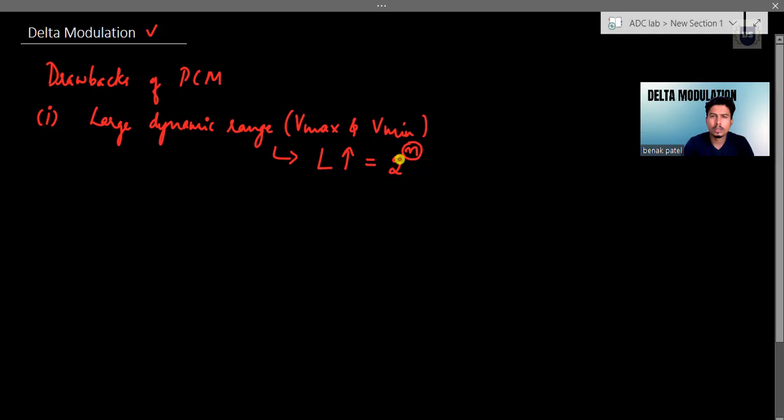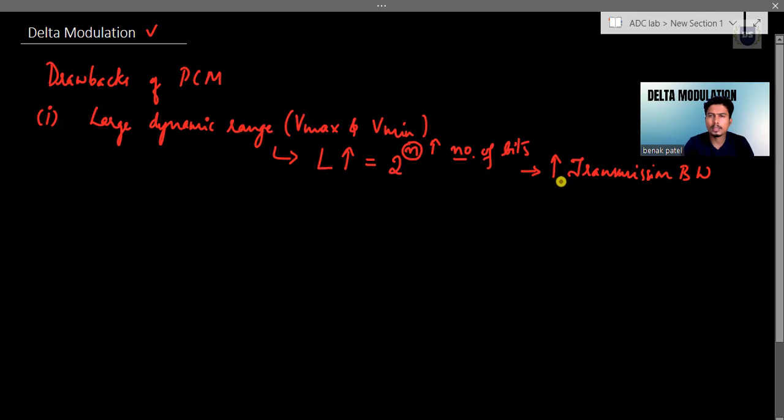Here the level is related to the number of bits used in this fashion, that is L is equal to 2 power n. So as L increases, n also increases, and as the number of bits increases, this results in an increase of transmission bandwidth.